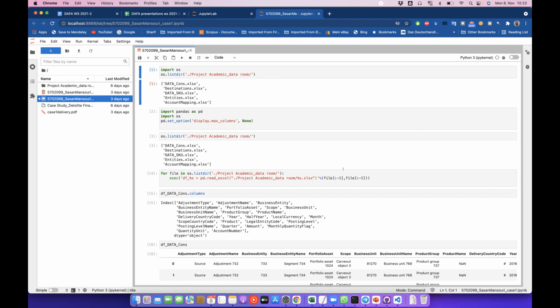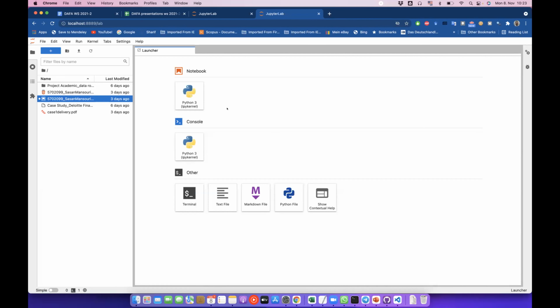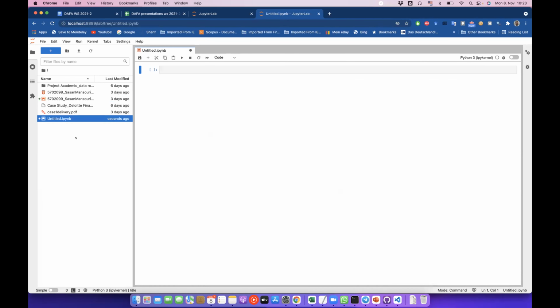Okay, so let's just first do this. Then you open your root folder. Then you can start a notebook here. Then it will appear in your root folder, whatever file you want to have. Okay. So the first line of your notebook should be importing OS and then OS change directory to your root